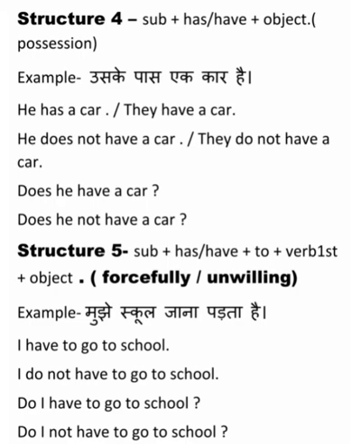In the sentence we can take has and have according to the subject. After that the rest of the structure will be the same, and as we can make a sentence, I subject, has and have, so have will be there, to is here, go to school. I have to go to school. I do not have to go to school. Do I have to go to school? Do I not have to go to school? Just like this we can make all the sentences.